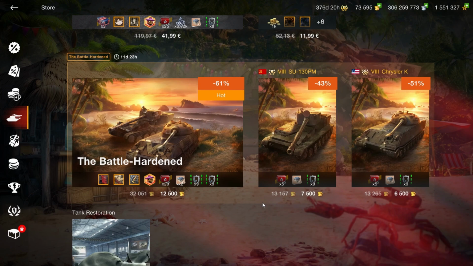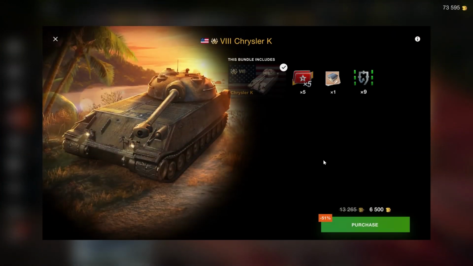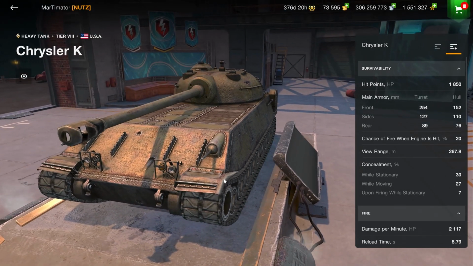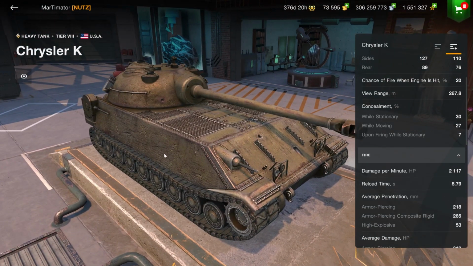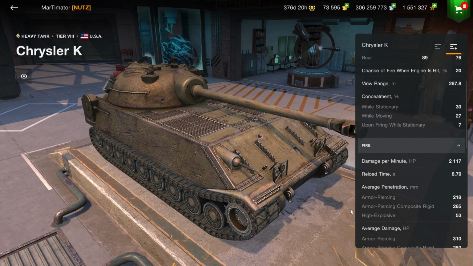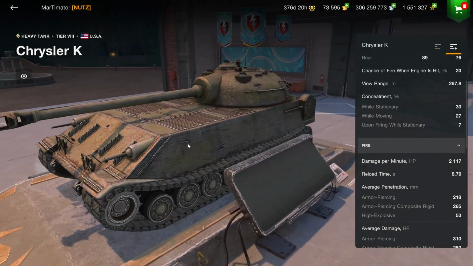Could be a bit lower, especially because it is Black Friday, but Chrysler K, 6.5k, which again further ridicules the price of the HWK 30 at 12,000. This vehicle is solid as a performer. However, the problem of this is the turret is at the back. This is a Tier 8 VK90 that doesn't quite have the gun,